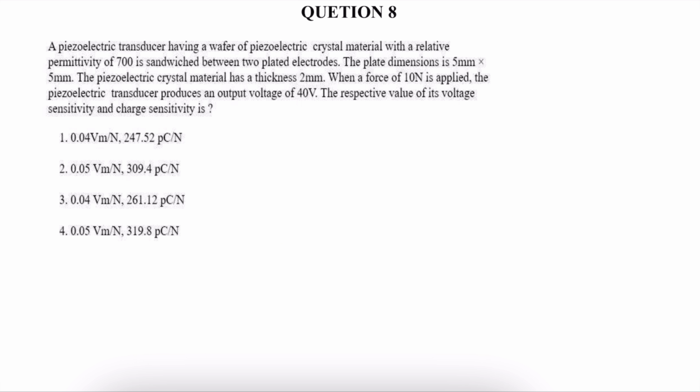A piezoelectric transducer having a wafer of piezoelectric crystal material with a relative permittivity of 700 is sandwiched between two plated electrodes, and the dimensions of the electrodes are given as 5 mm by 5 mm and thickness is 2 mm. When a force of 10 Newton is applied, the piezoelectric transducer produces an output voltage of 40 volts. What are the respective values of its voltage sensitivity and charge sensitivity? Given output voltage